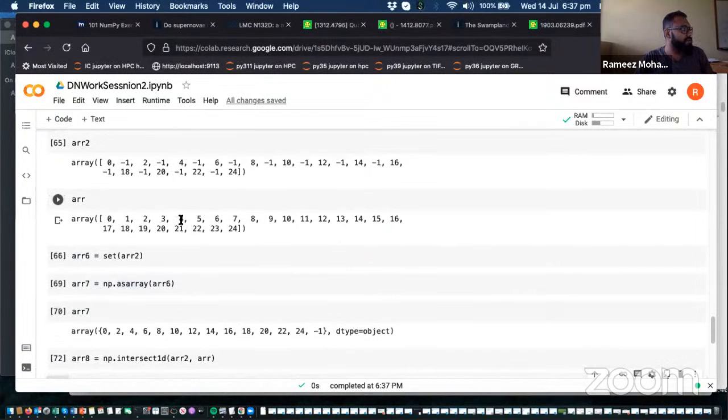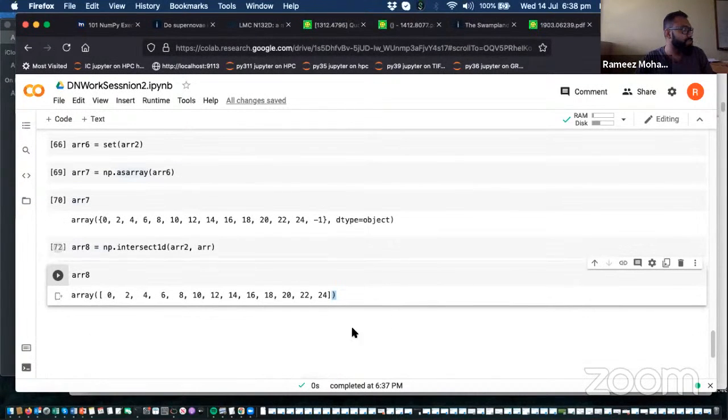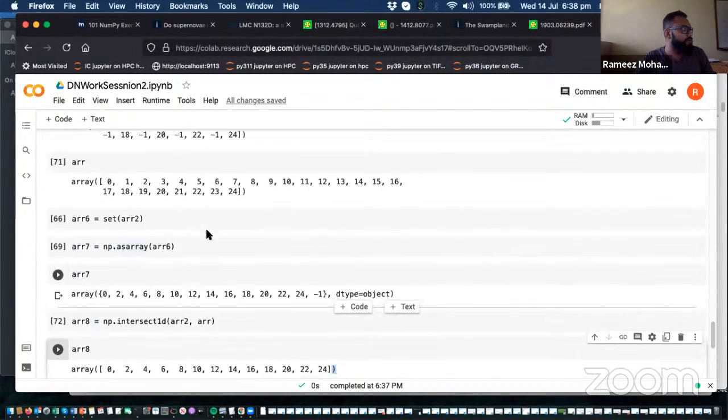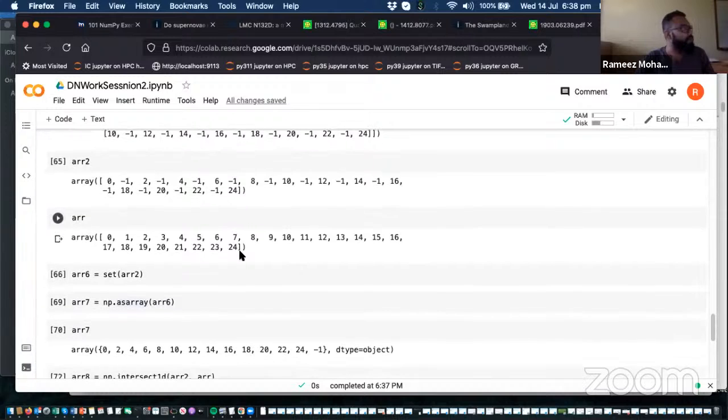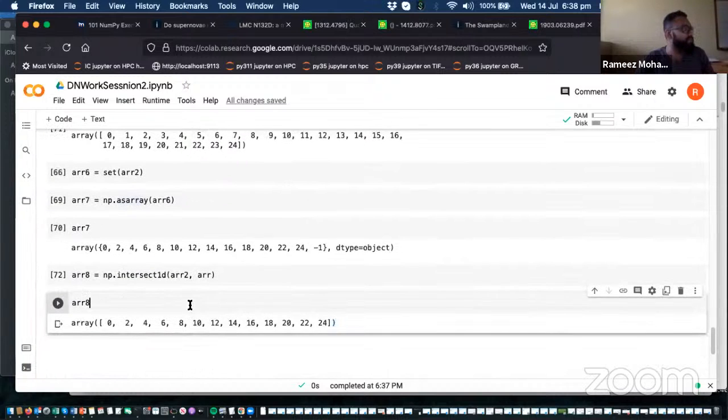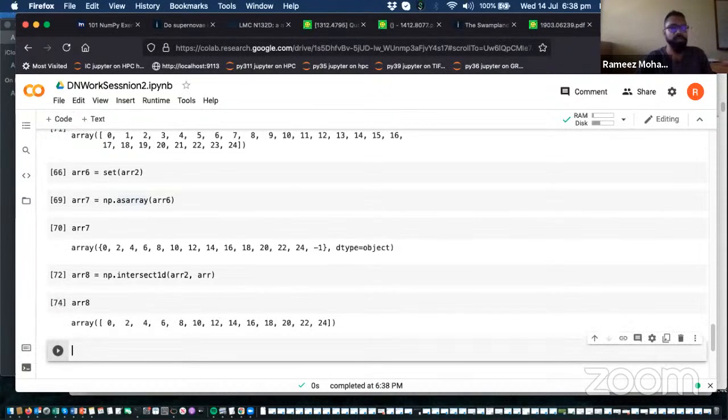These are the elements that are in common between these two arrays, but the two arrays match at a position of 0. They do not match at a position of 1. They do match at a position of 2. So if you want to get the set of positions, an array containing positions at which the two arrays match,